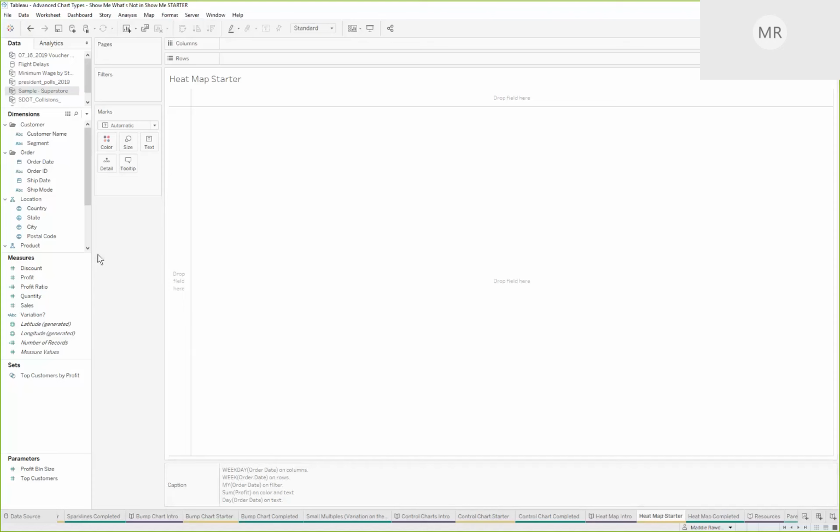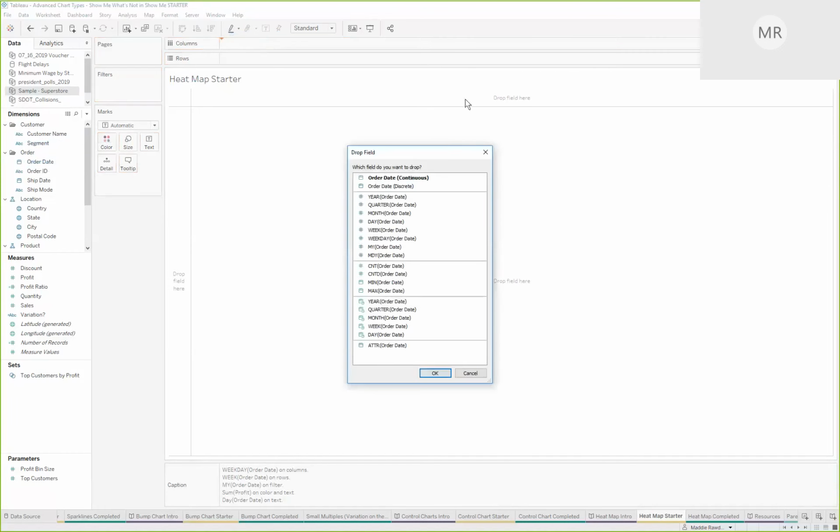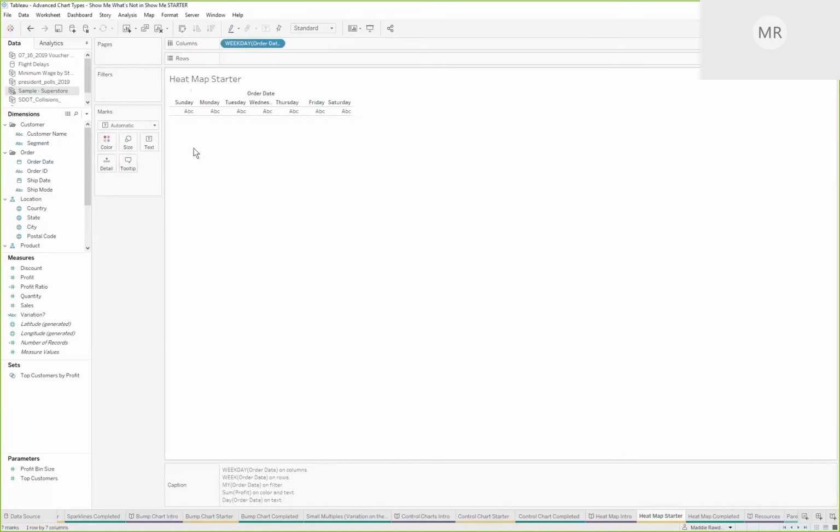So the first thing that we know with the calendar is that we have our columns, and we have Sunday, Monday, Tuesday, so weekday on our columns. We'll go ahead and right-click, drag this order date, and we'll look at weekday here. You'll see now I see Sunday, Monday, Tuesday, etc. You can go ahead and fit width here. So we're using the whole